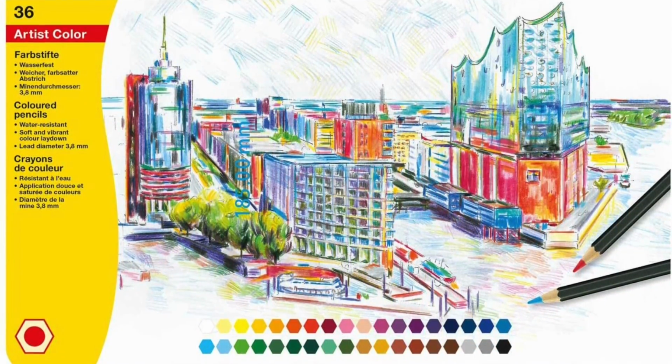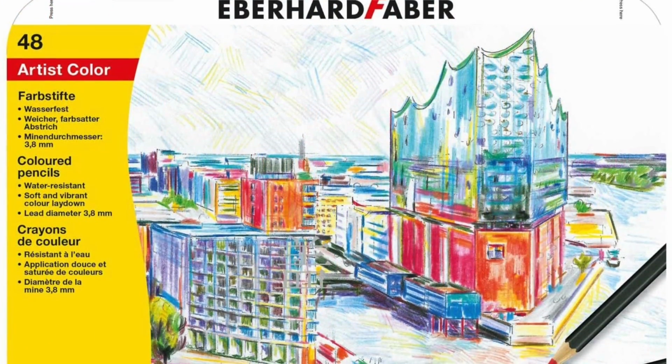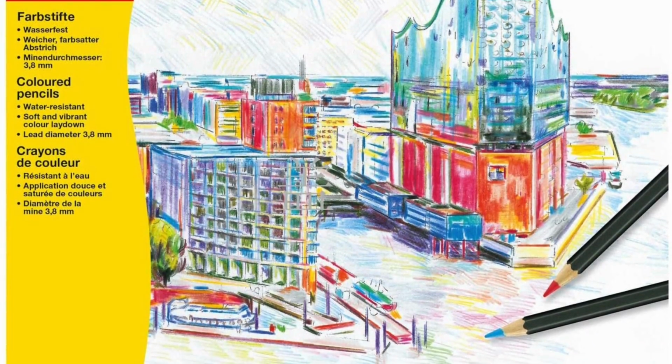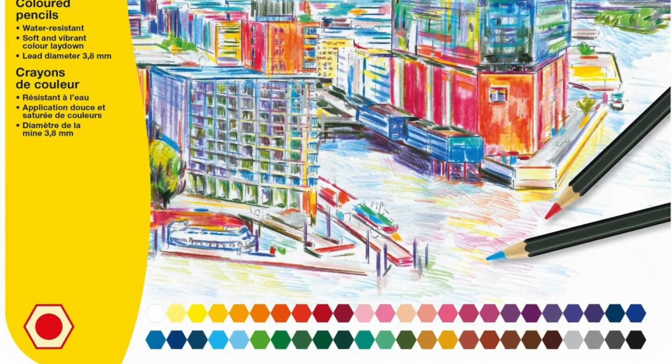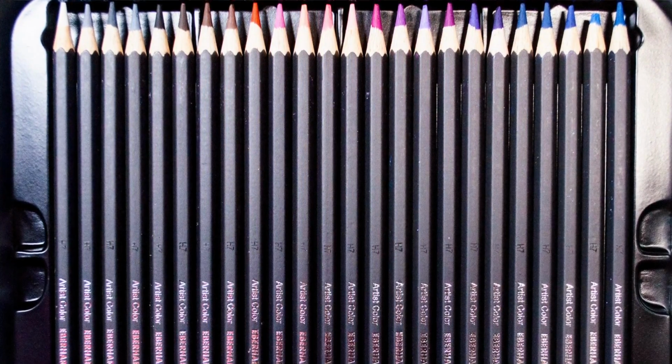There's nothing really on the back of the tin, certainly not pigment related in any case, and that was one of the biggest problems I found with these pencils, but I'll get into that in a second. So as you can see here, the first image that you're seeing is the top tier of pencils,